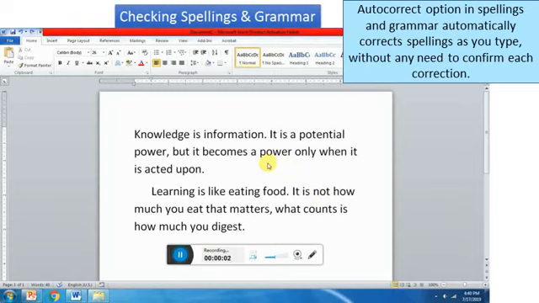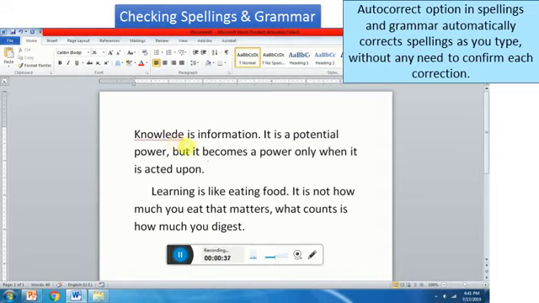Checking spellings and grammar. Word has a built-in dictionary and a set of grammatical rules to check the spellings and grammar of the text document. Incorrectly spelled words are displayed with a single red wavy line under them. Let us see how. You can see this red wavy line for the incorrect spelling of knowledge. The grammatical errors are indicated with a green wavy line. The spell check starts from the position of the cursor and checks the complete document.